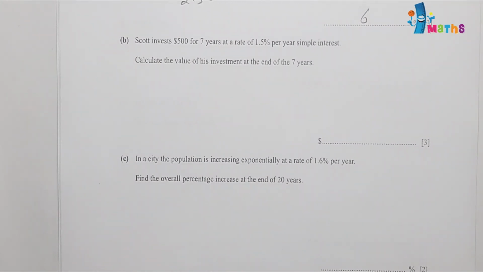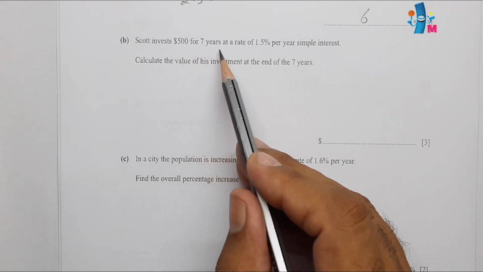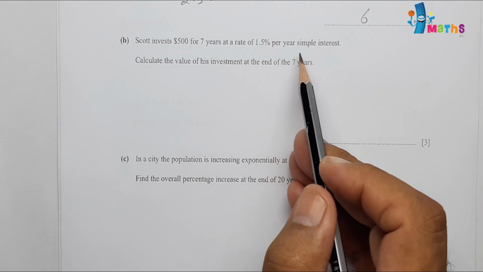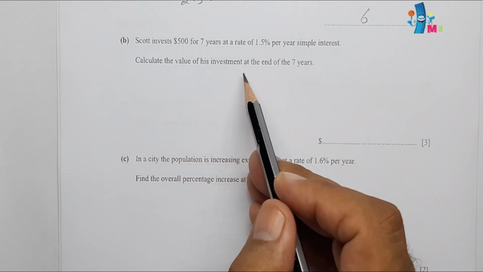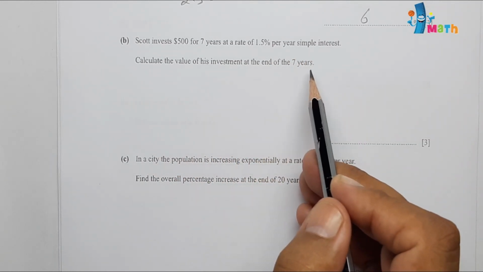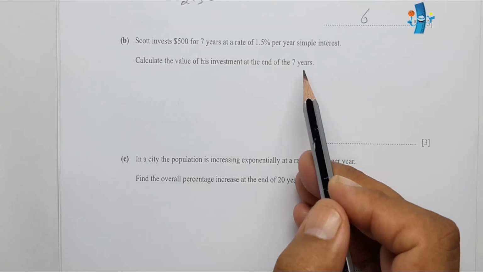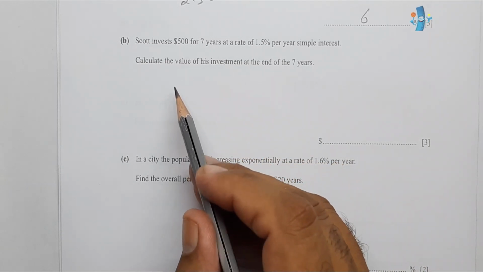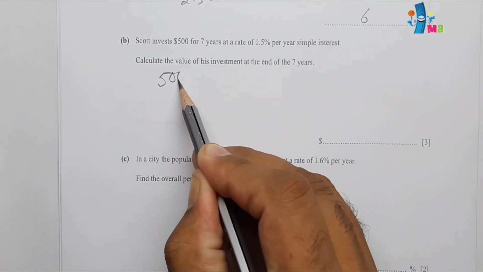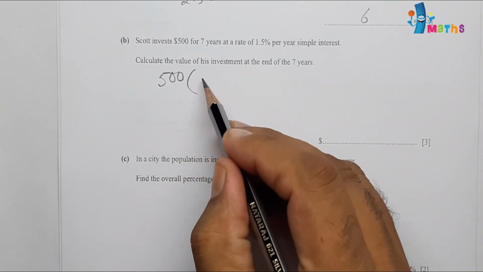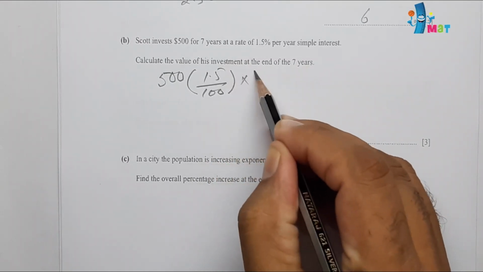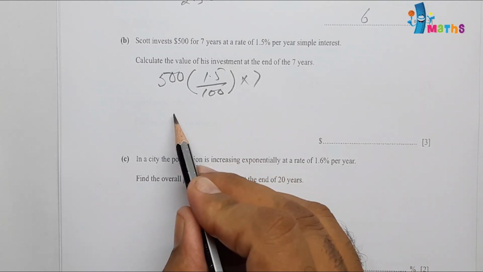Scott invests $500 for 7 years at a rate of 1.5% per year simple interest. Calculate the value of his investment at the end of 7 years. So at the end of 7 years, his investment we have to calculate. So 500 is the amount which we are spending into 1.5 over 100 into 7. So this will be equal to